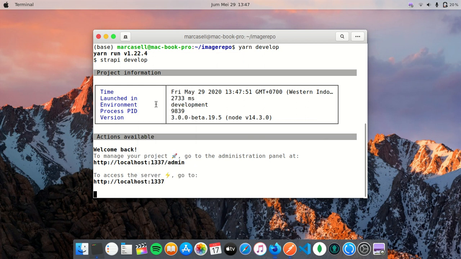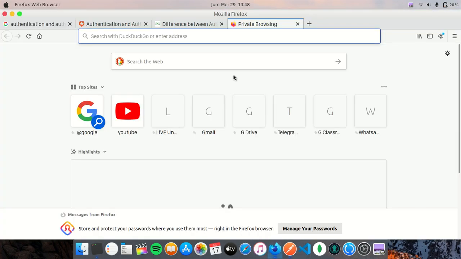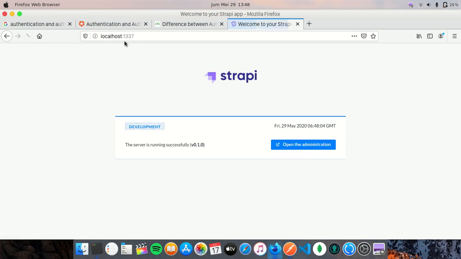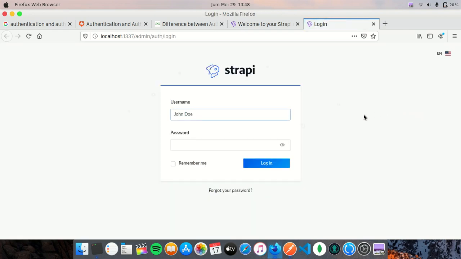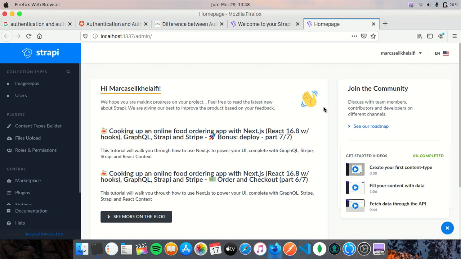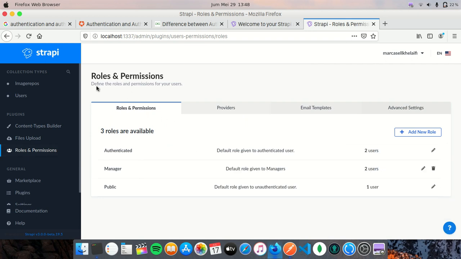I will copy this link. I will open my browser, then just paste and go to localhost on port 1337. So I will enter my credential. So here I enter to Strapi admin dashboard. So first we will look at roles and permissions here,